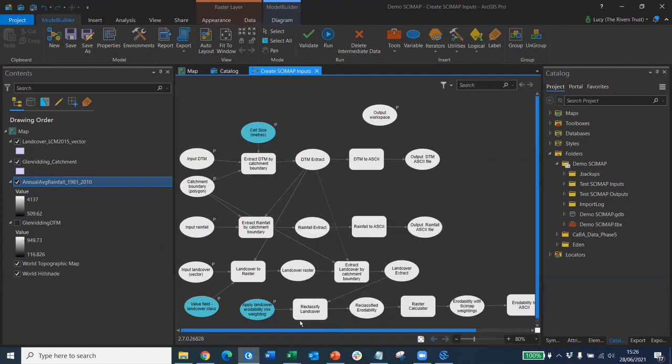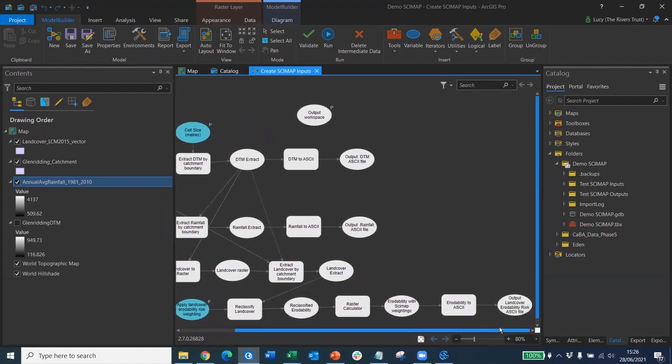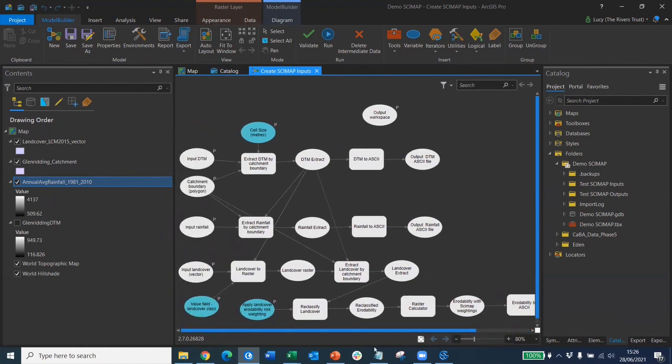So I've multiplied them by a factor of 100 for the reclassification, and then it just divides them by 100 and turns it back into a floating point layer with decimal points, and then it converts it into an ASCII layer as well. The tool also makes sure that all these three layers snap together, so they overlay each other,